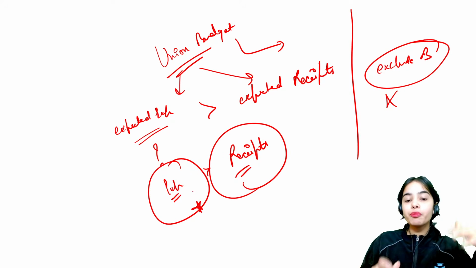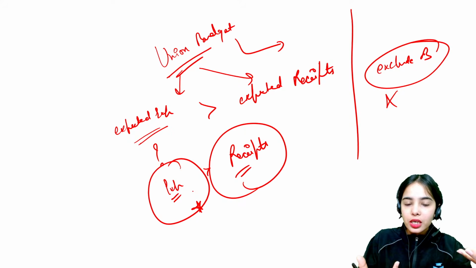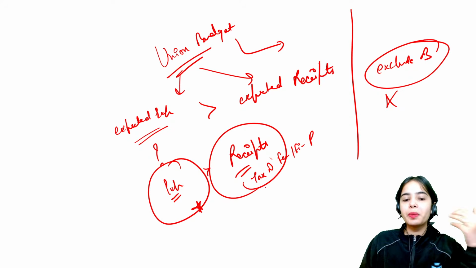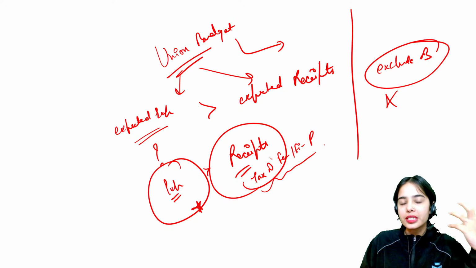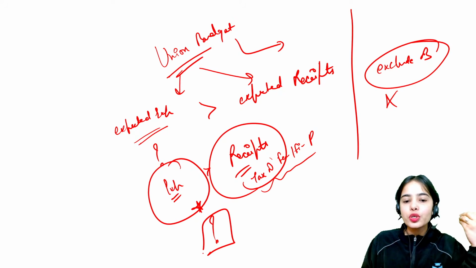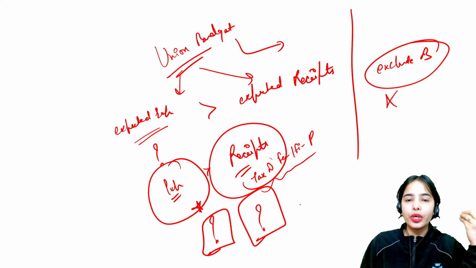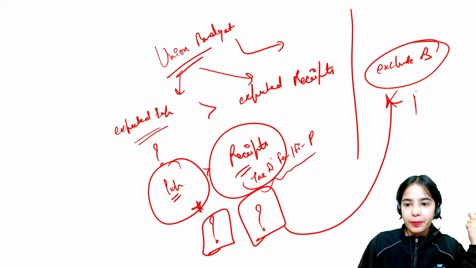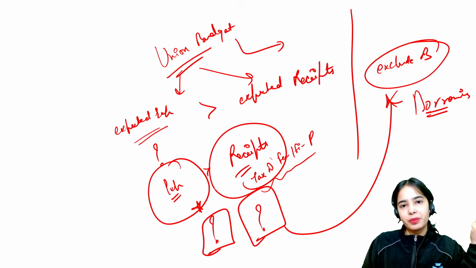So now if the government is going to spend more than the tax receipts, the dividends that it is receiving, the fees, fines, penalties that it is receiving, so if the government is going to spend more than its general receipts, from where the money is going to come for its extra expenditure? For its extra expenditure, the borrowings. The government will be borrowing for its extra expenditure, right?